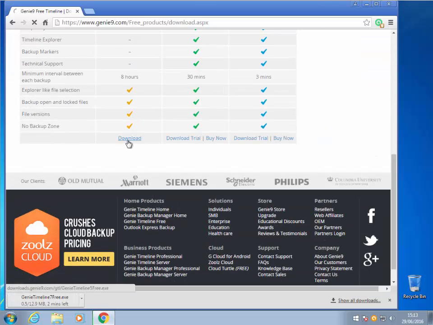So you can see it says download there. I've already clicked the wrong one, so it's Genie Timeline free. Genie Timeline 7 is in fact the paid for version, it's just a free trial. Once it's downloaded,